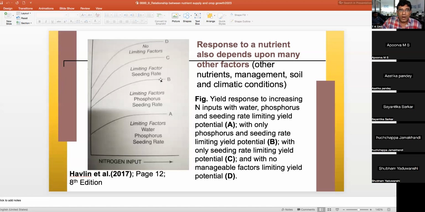Your yield can go up. But now another limiting factor may be phosphorus or seeding rate. Now you have the seeding rate also. You have transplanted the plants or you have put some more seed. Then your yield,